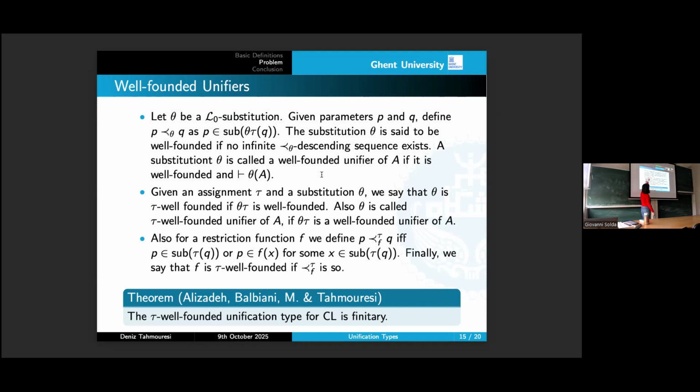This one? Yes, yeah, exactly. Tau is something that, as I said before, is going to change parameters to boxed formulas. You can keep that in mind. First tau is going to change the Q, its parameter, into its boxed formulas, and then theta is going to